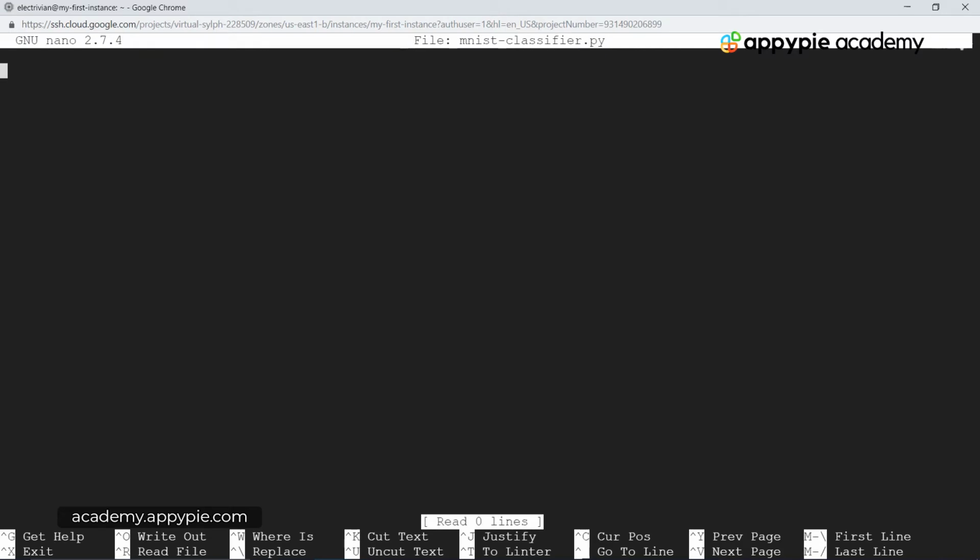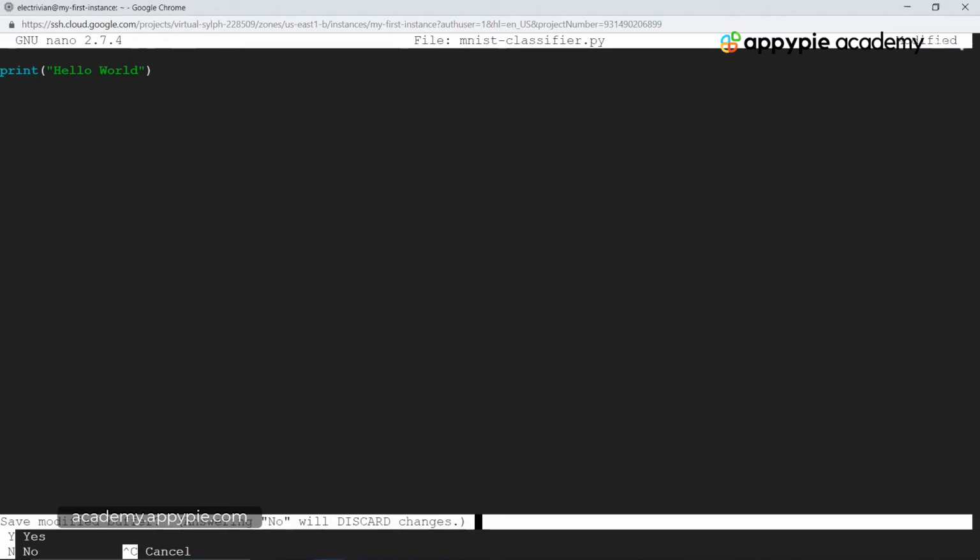Okay, so over here we are inside the Nano text editor. Now we want to write the code of the particular file, but before we do that, let's write a simple print statement over here. So we have print hello world. Okay, and after doing this, let's save the file, and to do this we have Control X, and now over here we have a question if you want to save the modified buffer, and let's tap on Y. So this saved the file, and now let's click enter. So all of the changes will be written to the mnist classifier.py file.